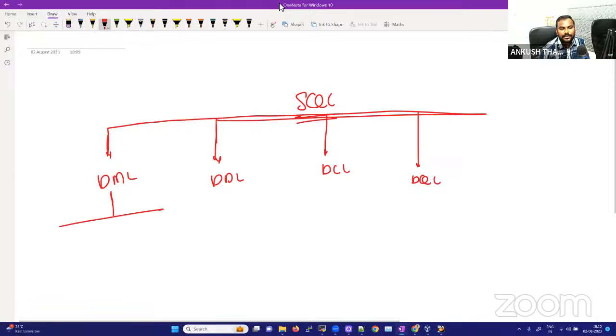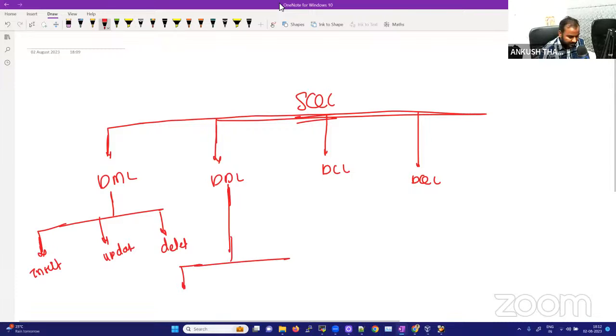In DML, we are going to learn about statements like insert, update, and then we have delete. Okay, in DDL, what are the different types of statements? In DDL we have create, alter, drop,